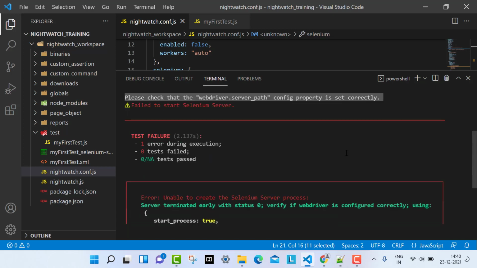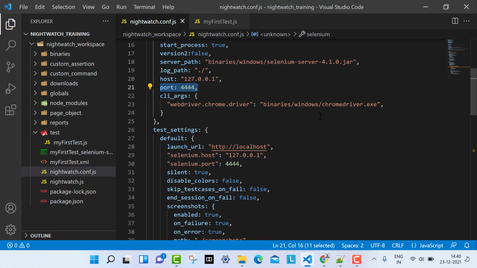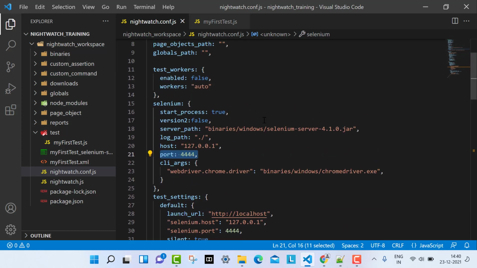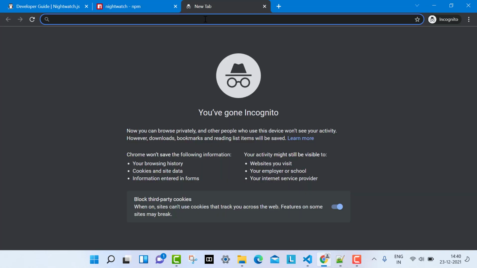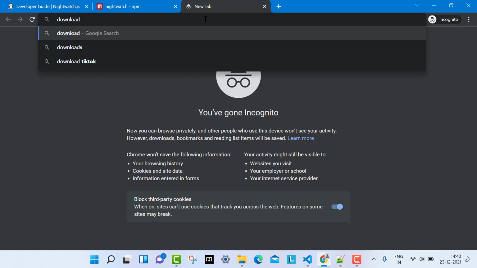It is telling that it's unable to create the Selenium server process, right? So now let's come to the issue, where the issue is. The issue exists here in the jar file, which is selenium server.jar. So initially what I have done is, I went to the download Selenium